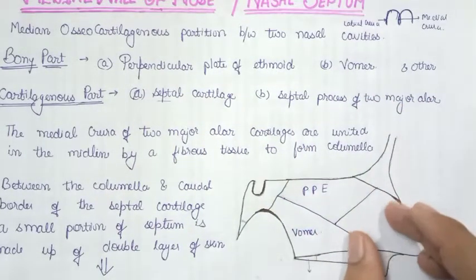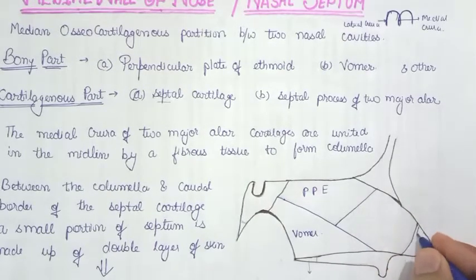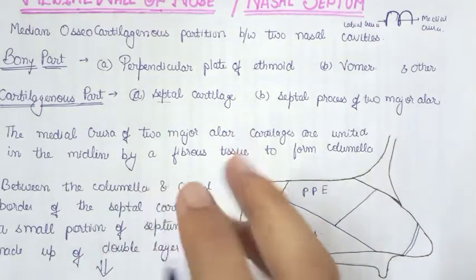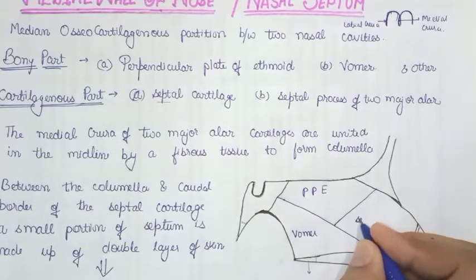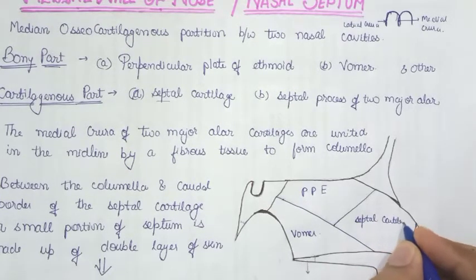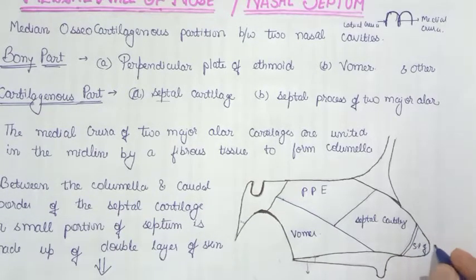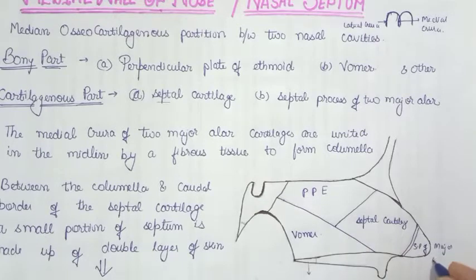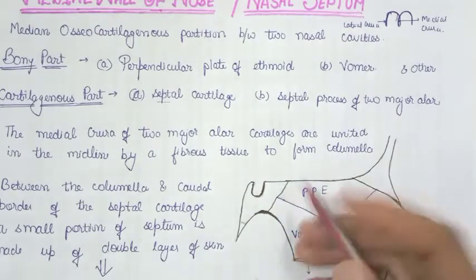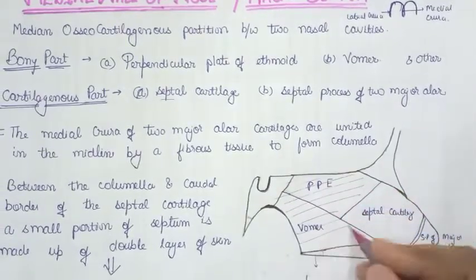Now in the anterior side we have two cartilages. So posterior क्या होता है, बोन्स होते हैं, और एंटीरियर क्या होता है, कार्टिलेजेस होते हैं. एंटीरियर कार्टिलेज कौन कौन से हैं? सेप्टल कार्टिलेज. तो जो बड़ा कार्टिलेज यहाँ पर दिख रहा है, this is called the septal cartilage, and the smaller cartilage situated anterior is none other than the septal process of major alar. So posterior we have this part, all this part are the bony part, and anterior we have the cartilaginous part.